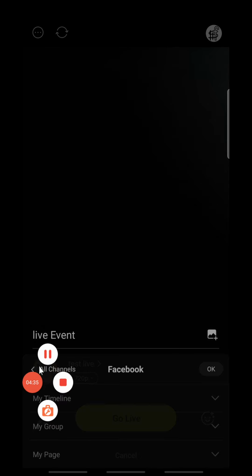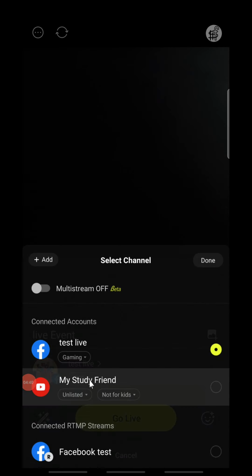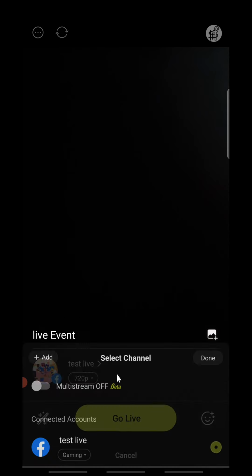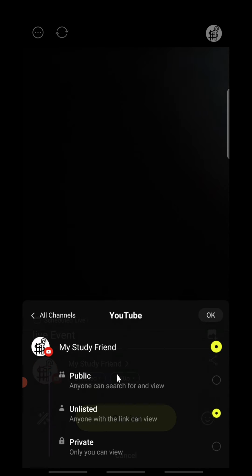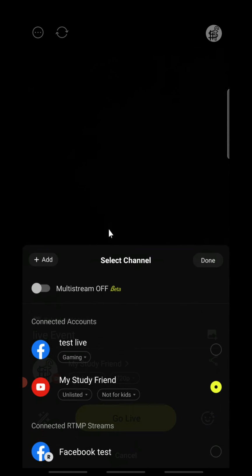You can also press this back button, and also select your YouTube channels, which channel and what type of live, unlisted, private, or public live. You can select that from here. All the options are available. Just try to do some experiment with the app.